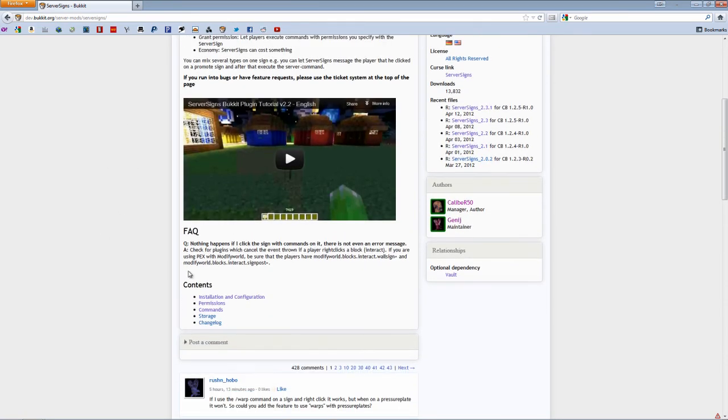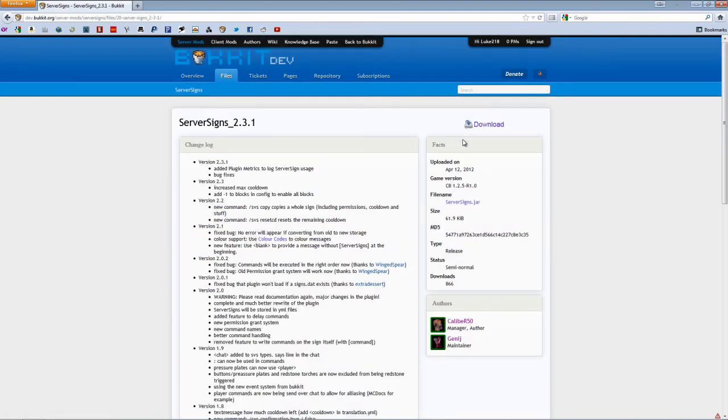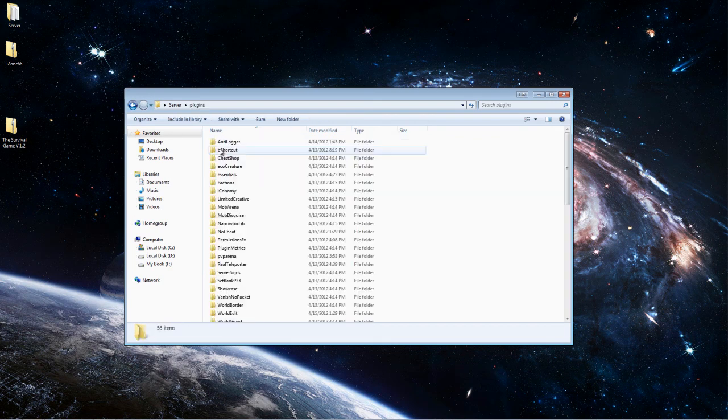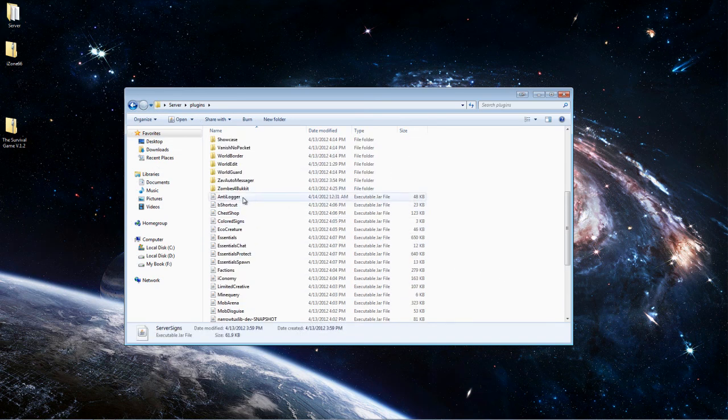So other than that, I'll show you how to use it really quick. So you want to go to download, and then wherever it saves, just put it on your desktop. I already have downloaded it, so I'm not going to do so. Then just open up your server folder, and once you do that, you can go into plugins, drag wherever you have it into your plugins folder, and it should be right here. And then just start your server and stop it, and you'll have a file like